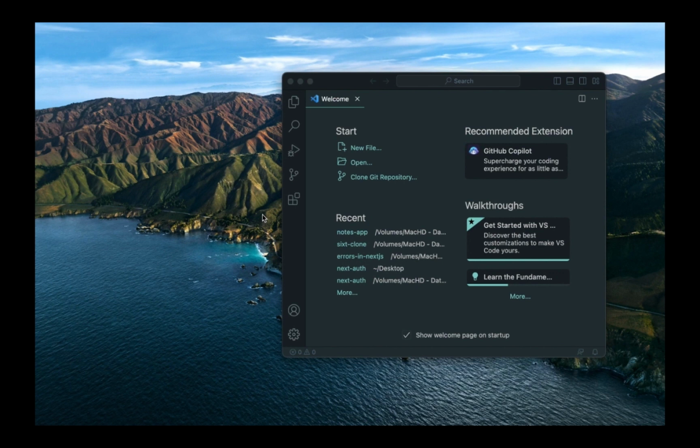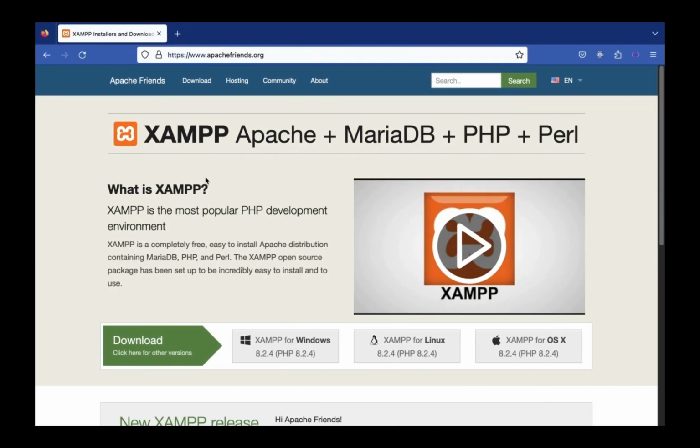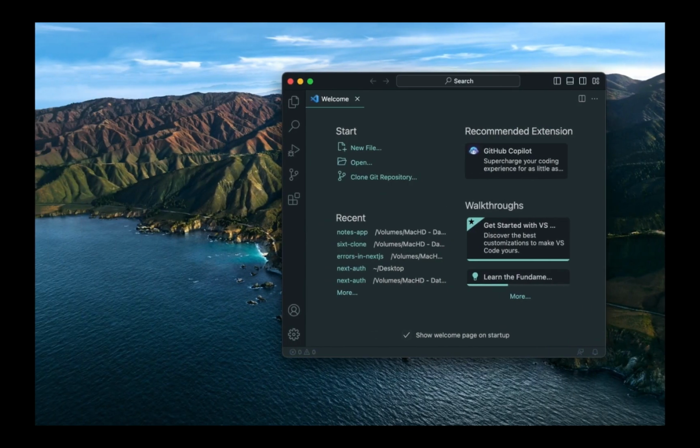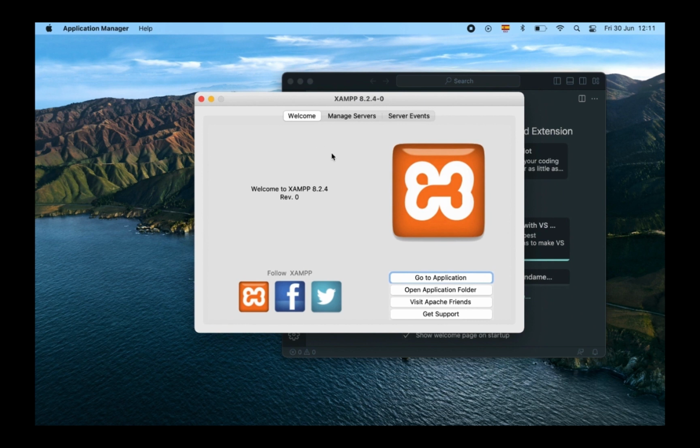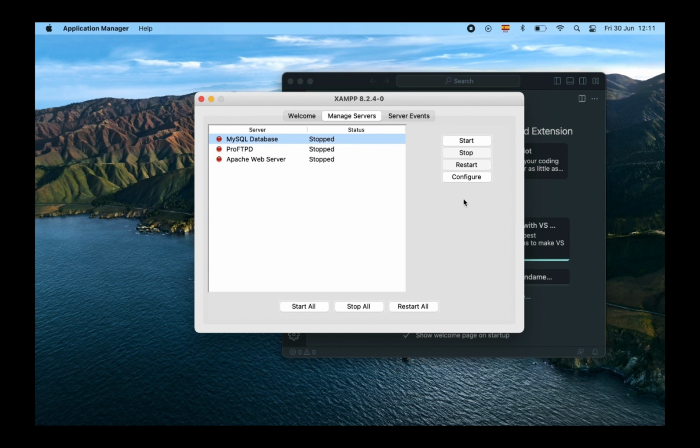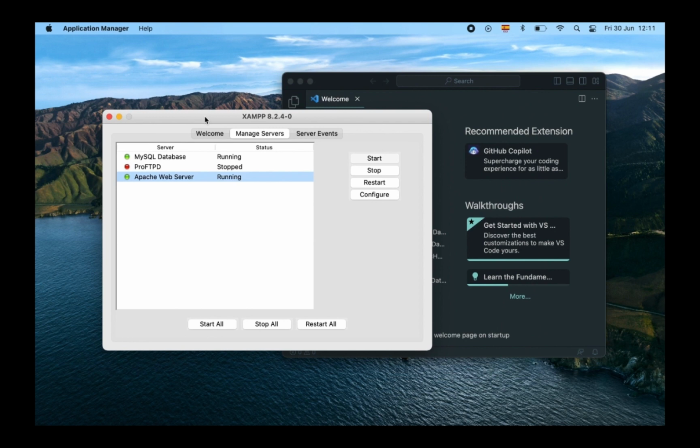You need Node and MySQL installed in your computer. If you don't have MySQL, you can download XAMPP from apachefriends.org. Here you have the installer for Windows, Linux, and Mac. And after that, when you open XAMPP, here is the window that appears. So let's go to Manage Servers and start MySQL database and the Apache web server. Okay, now